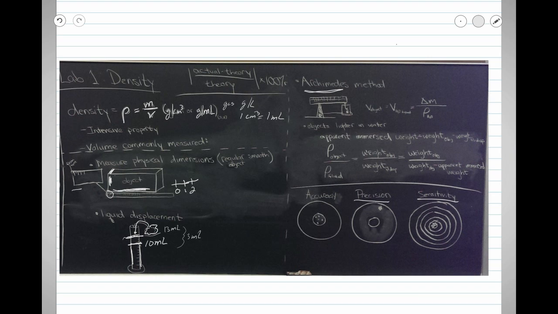Once we do that, we have this scale here, and it's like a sliding scale like at the doctor's office. It's got a little hook on the end, and that's attached to the balance here. And then you hang your object on this hook. We give you a little string. You hang the object on the hook and record the mass. And then you put